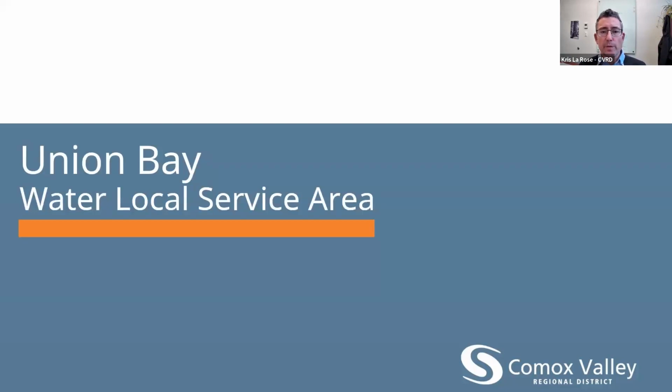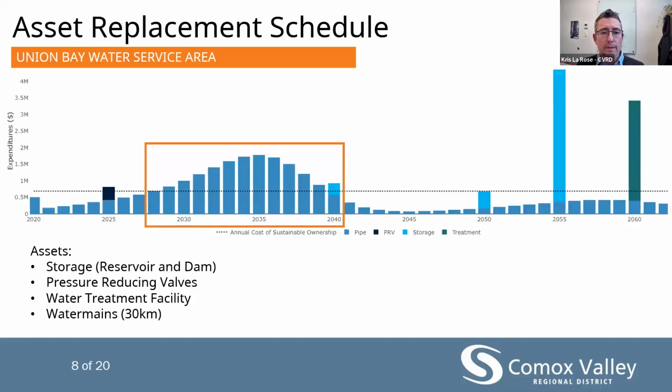So let's dive in with Union Bay Water Local Service Area, which became a CVRD service in 2021 when the Union Bay Improvement District converted. So the Union Bay service's assets include water storage, including the reservoir and dam at Langley Lake, pressure reducing valves to help deal with the change in elevation between sections of the system, the new water treatment facility that was completed in 2020, and over 30 kilometers of water mains to tie all of that together and provide